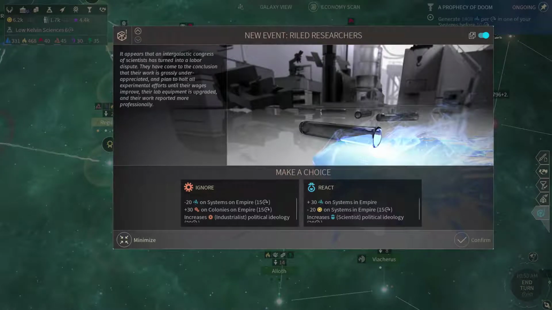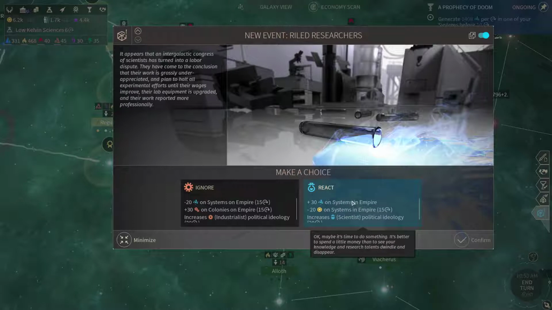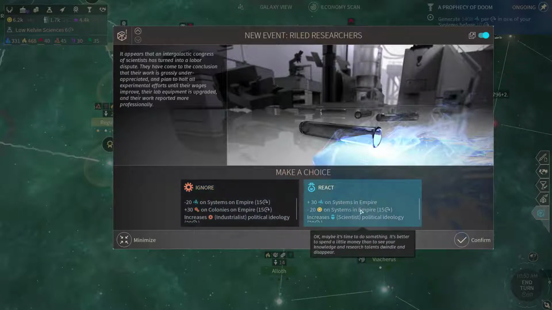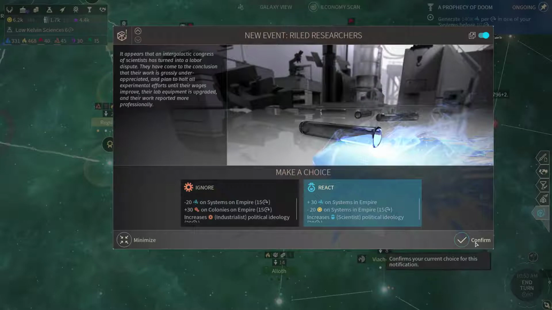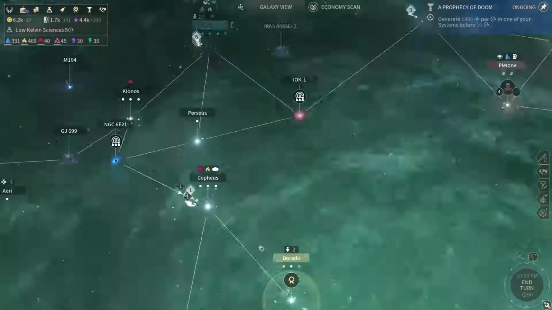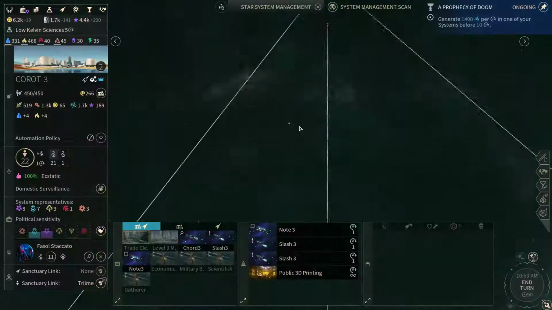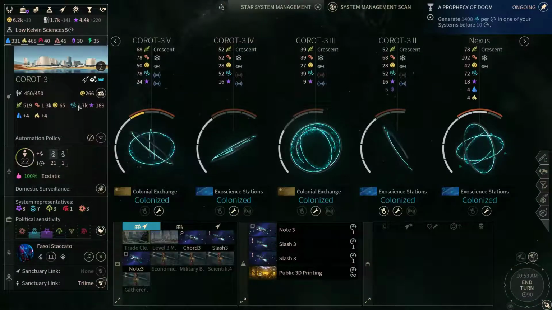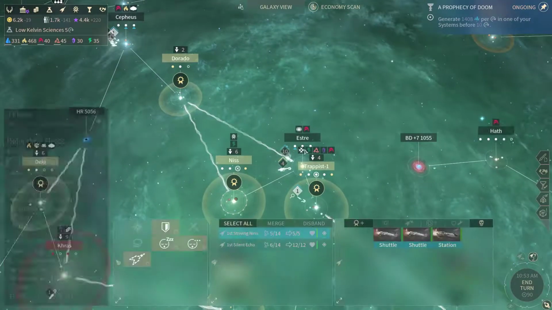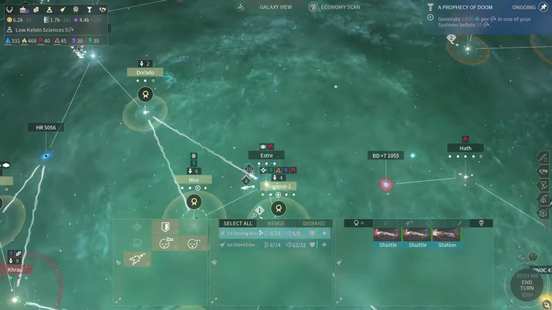Now we can get some extra science on systems, or we can get some extra industry. Industry won't help us that much, so I'm gonna react. It's gonna reduce our dust income more than a little bit, but it will also boost our science further, which is huge. Okay, now that we're done with that,